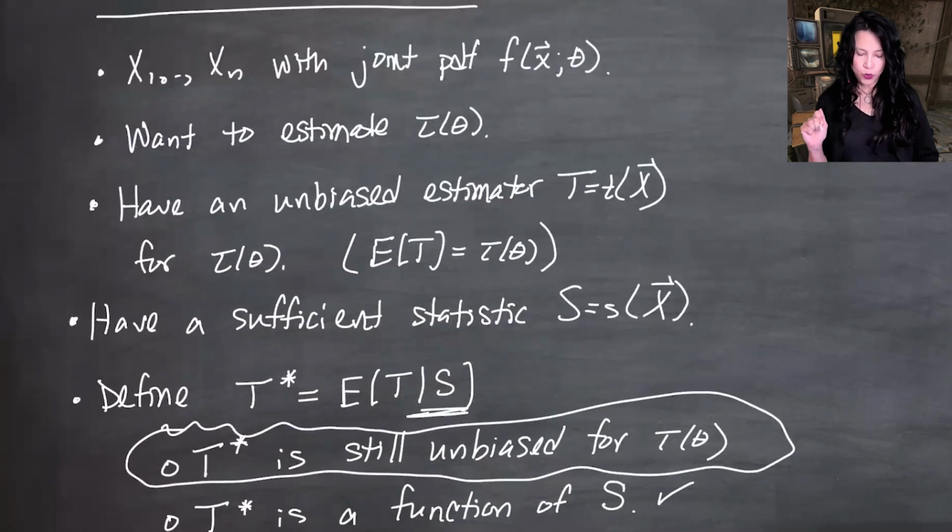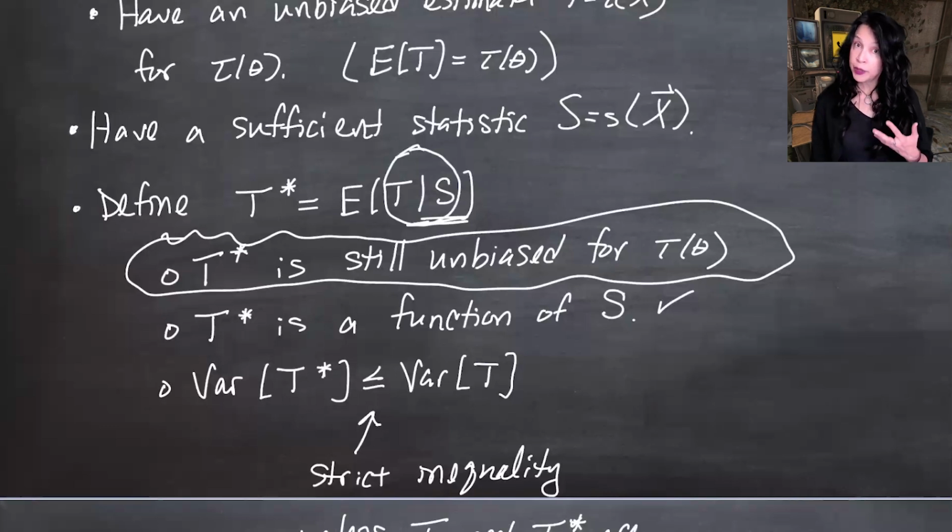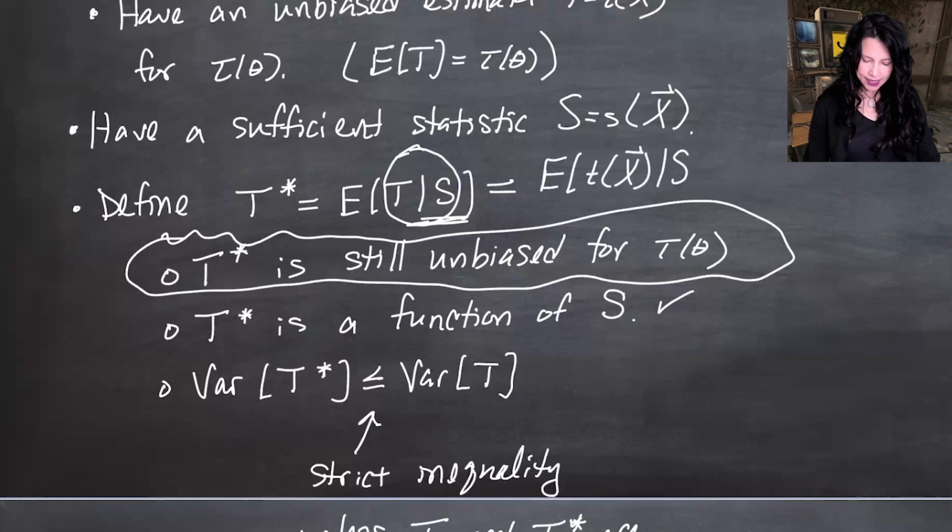The fact that S was sufficient means that the PDF that you are integrating with respect to, to find this expectation, is actually an expected value of some function of the x's given S. And so this is dependent on the joint PDF for the x's given S. And I'm running out of time, so I'll talk about this in more detail next time. But the fact that S is sufficient, even though I didn't use it in the proof, makes this result,